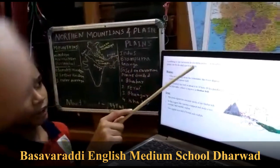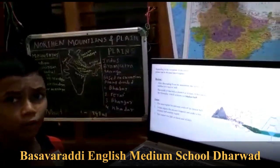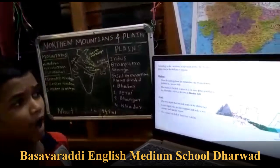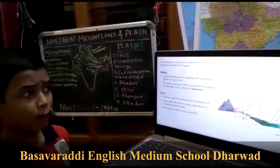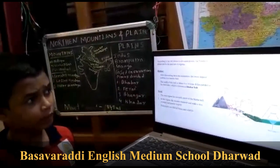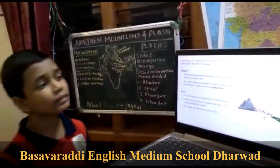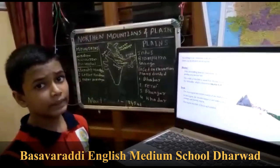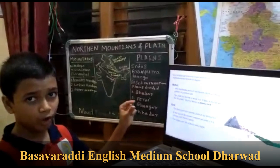According to the variations in elevation points, the northern plains can be divided into four regions. Bhabar region. After descending from the mountains, the river deposits pebbles in a narrow belt. Descending from the mountains means the plain will go from upper to lower. The river deposits pebbles in a narrow belt means the small rocks